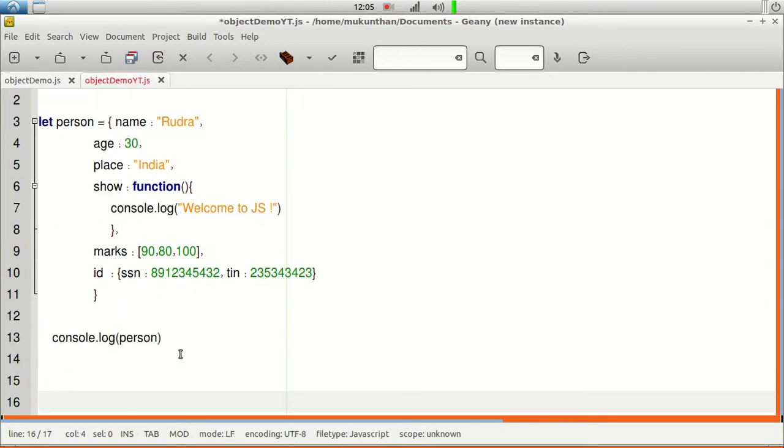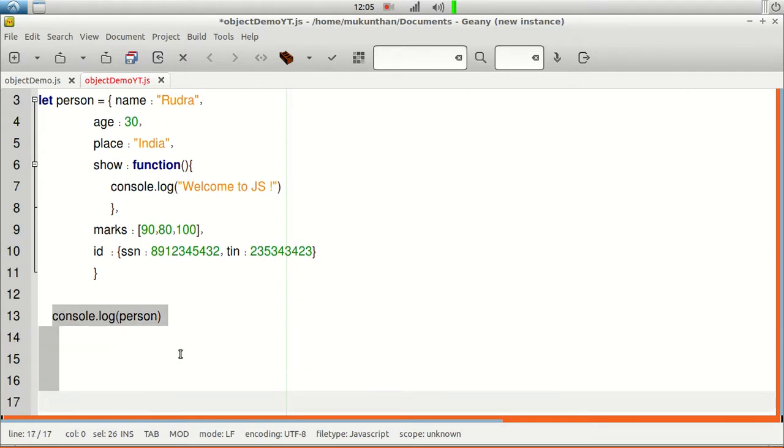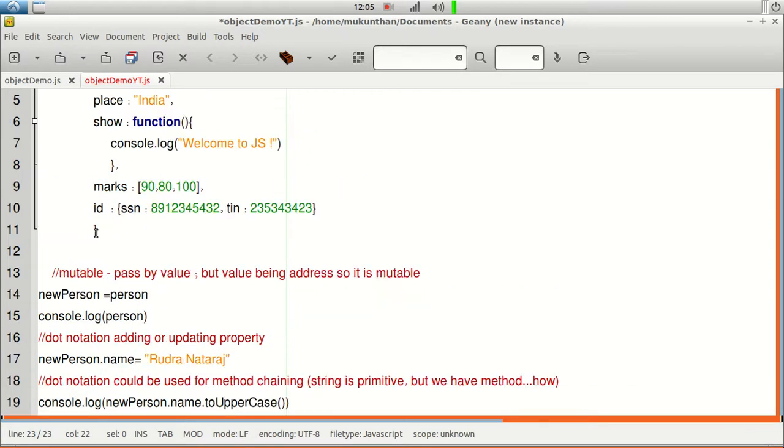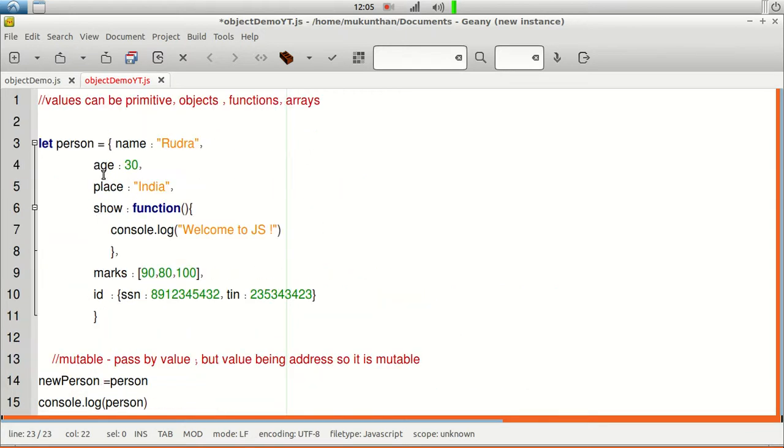So now we have seen this is a different way to have objects, right? So delete this and copy. Now we can see new person. Sometime back we discussed that person is the reference to the object, because the person variable will not have the entire object value there. You will have the reference to the object. That means whenever you call person, it will go to the person memory location, which has the address of the object. Then it will go to the address and get the details about the object.